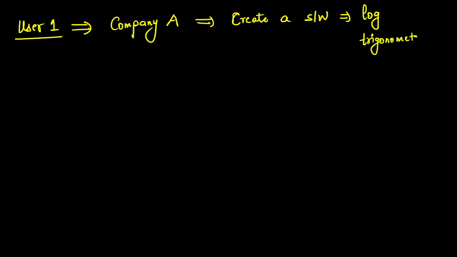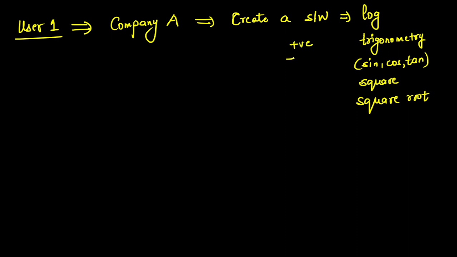Trigonometry में basic trigonometry, I'm talking about sine, cos, tan, ये हो गया आपका. Then he is saying that it should be able to perform square, है ना? It will be able to perform square root, ठीक है? And of all numbers, that is positive numbers भी होंगे, negative numbers भी होंगे और decimals भी होंगे, right? So this is what the user said, कि I want you to create a software with these requirements.